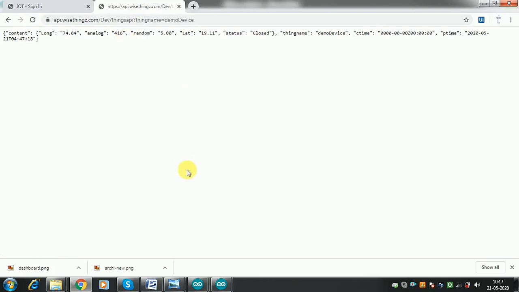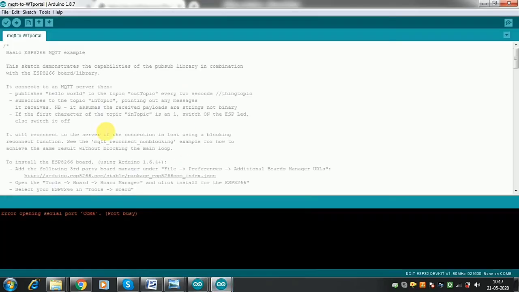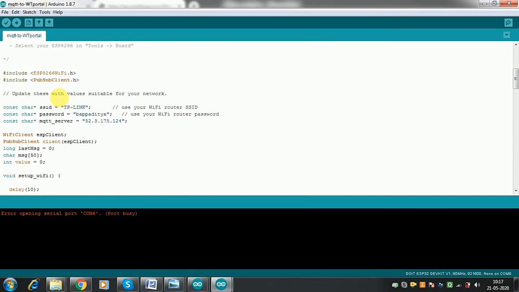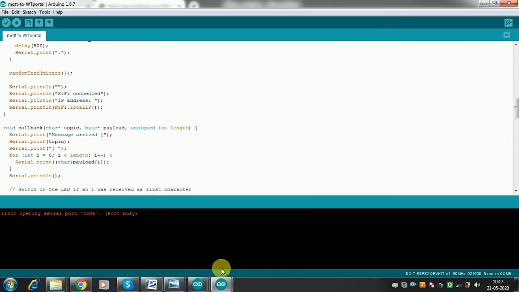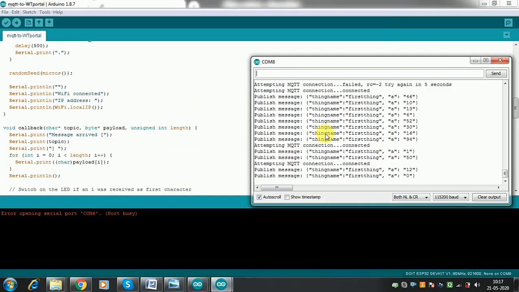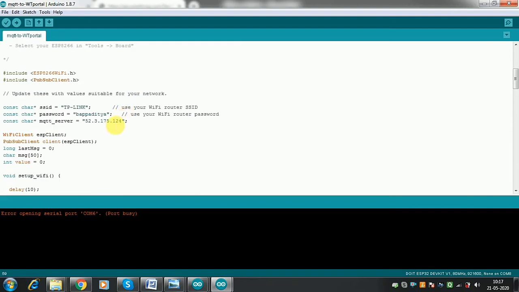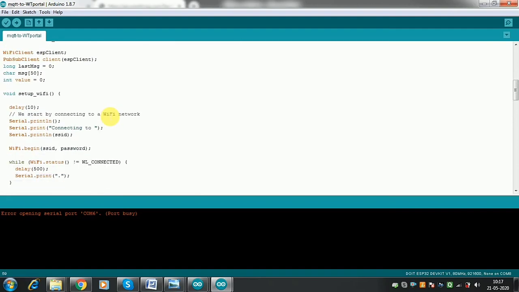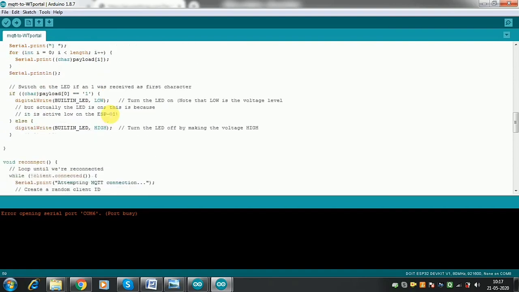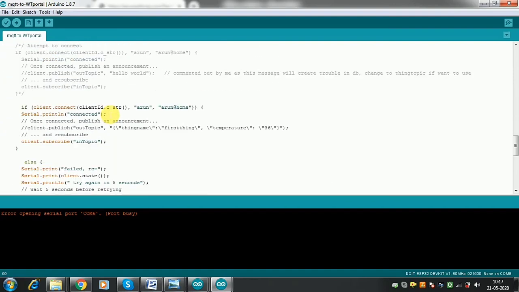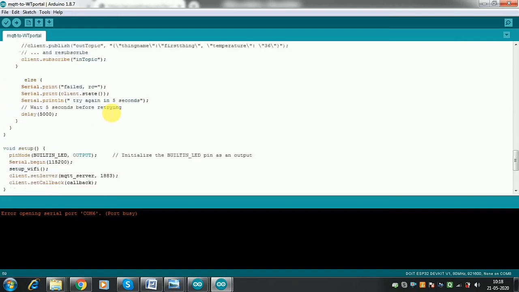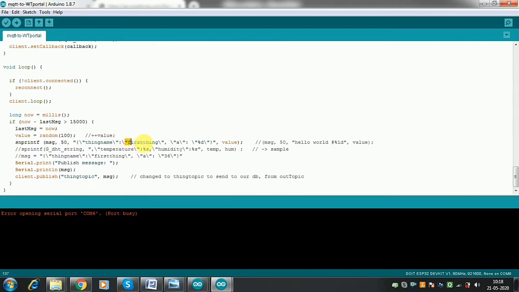So this is it. And about MQTT also, I'm running an MQTT device as well, so I will also post this code here. So if you see, this MQTT device actually connects to this platform every 15 seconds and sends just one value. So now it has sent a equals 0, and the device name for this one is, let me check in the code. The device name for this one is MQTT thing. So where is that? Let me check. Thing name, oh sorry, thing name is first thing. So let us check with this.